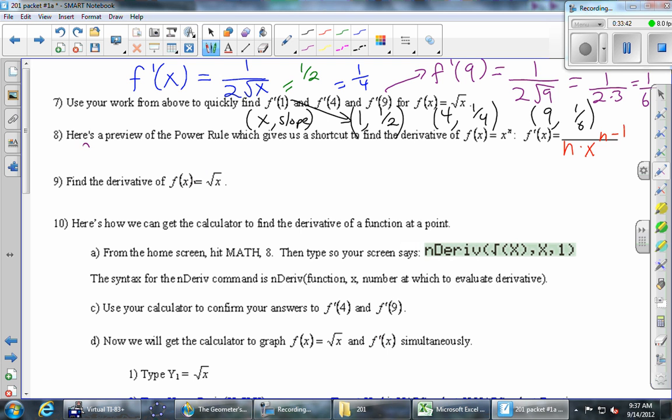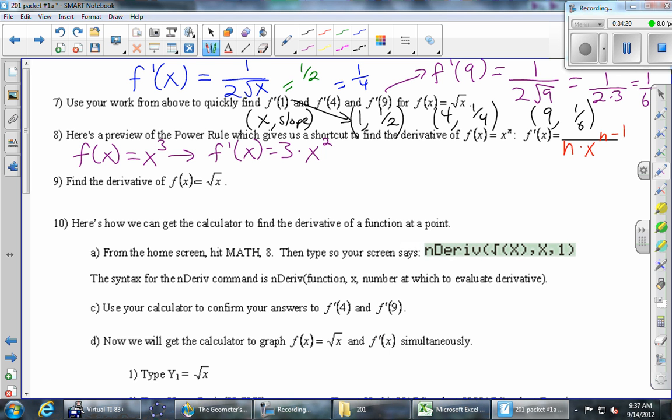For example, if we were thinking about f of x is x cubed, then this gives us a very, very fast way to find the derivative. It says you take that power, it's n in this one, and you bring it right down to the front. So what comes down to the front in this case? 3 times. Then you put an x, easy enough. The new power is 1 less than the old power. What's the new power? 2, 1 less than it was. The derivative of x cubed is 3x squared. And I'll tell you that was a whole lot faster than doing the limit definition like we did on the bottom of the previous page.